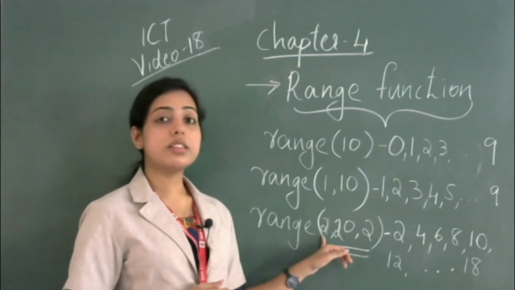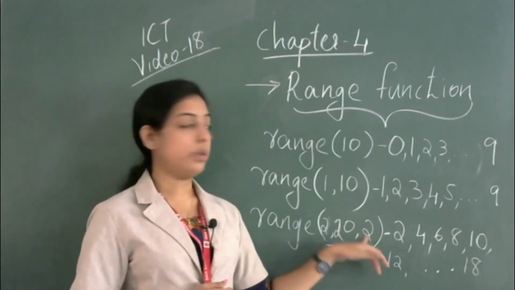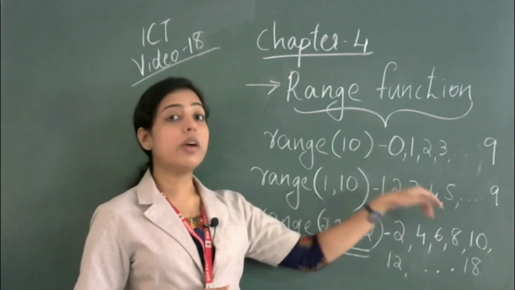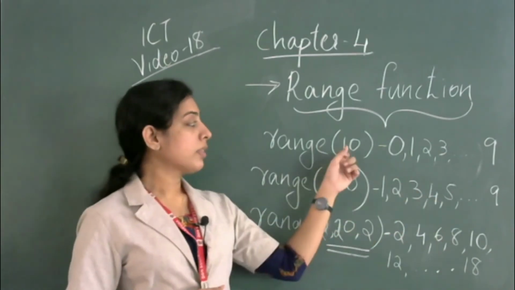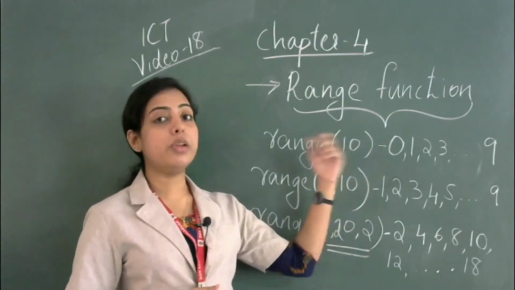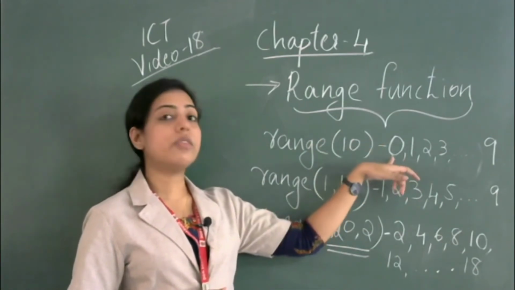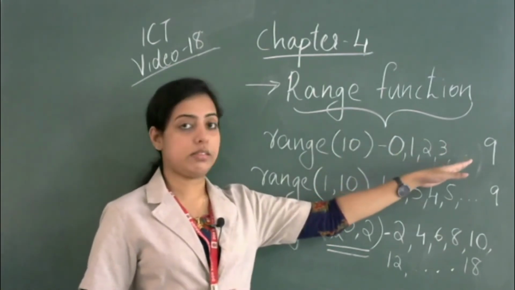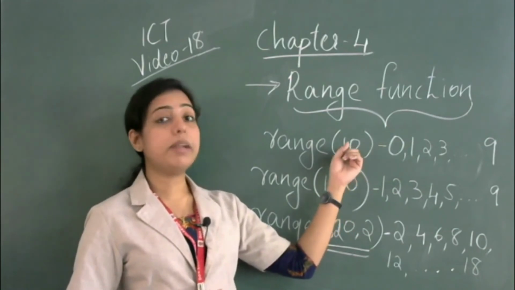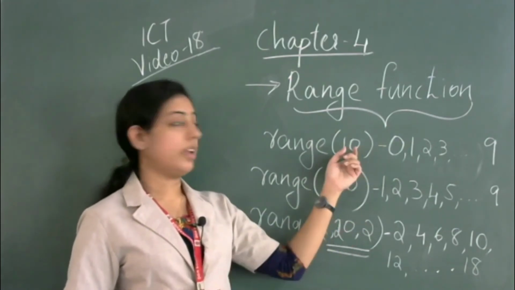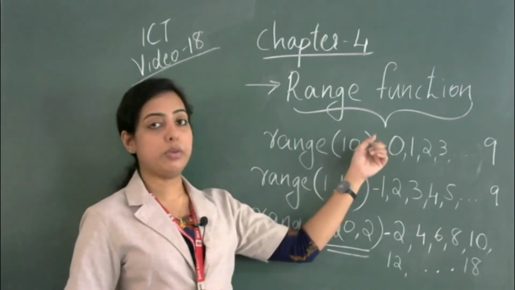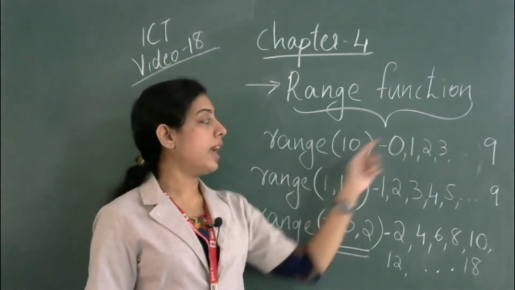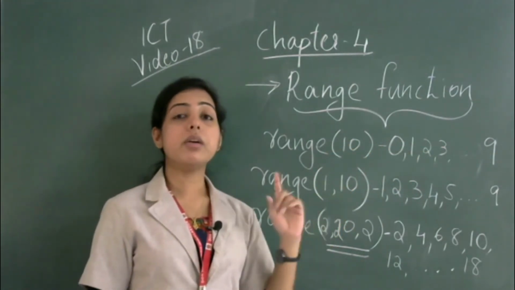Okay, this is the start value. This is the increment value. Here, the increment value is not given, that's why we are taking 1 as increment. Here, the start value and increment value are not specified, that's why the start value is taken as 0. Here it is the less than condition, less than 10. It is considered as the middle value here. So the start value and increment value are not specified, so the start value will be 0, less than 10, increment by 1.